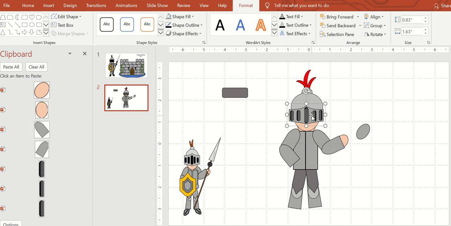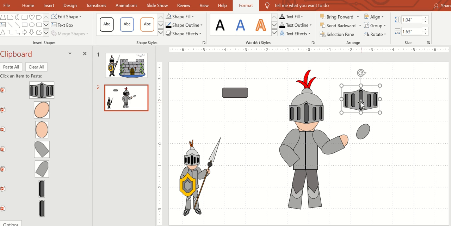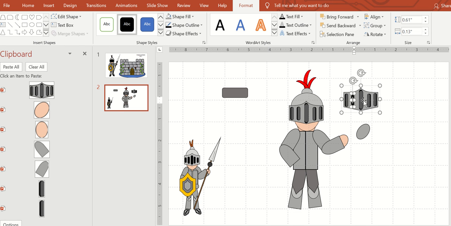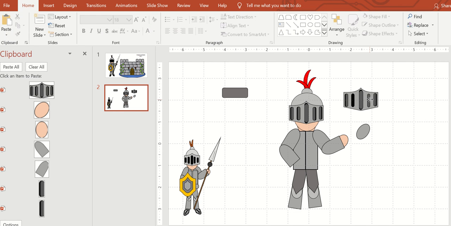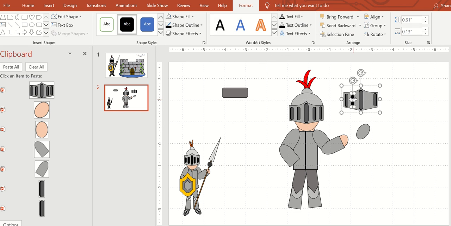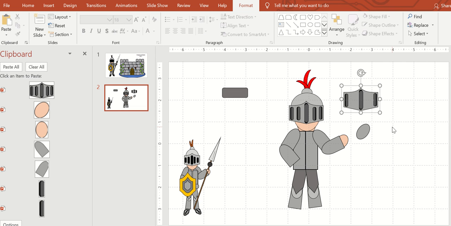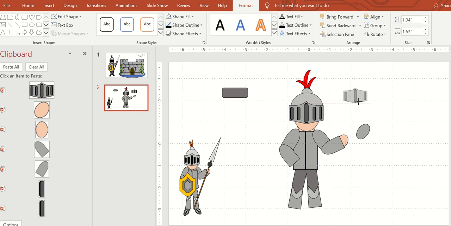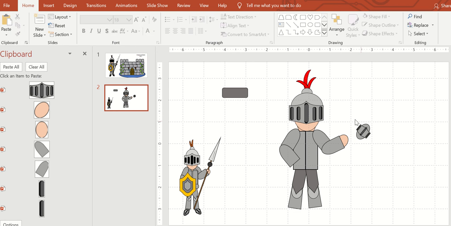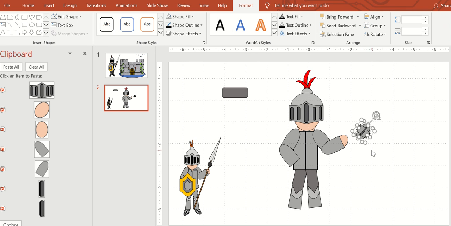And then what I did with the face grate, or the face mask, I copy and pasted it, but I took out the second one, so I just have 3 of those. And I made it really small, kind of used it as a buckle or something around the shoe, just to dress it up a little bit. Go ahead and group that together,